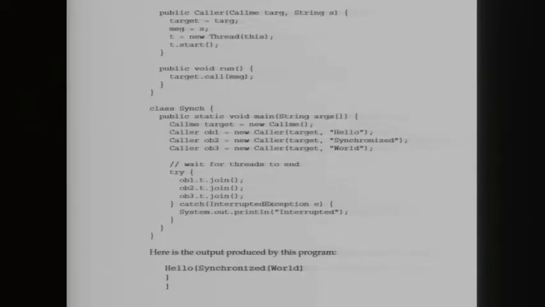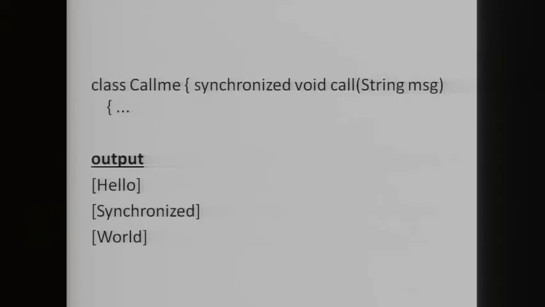So let's see how we can do this. So here you can observe that this prevents other threads from entering call while another thread is using it. After synchronized has been added to call, the output will be something like this, right?